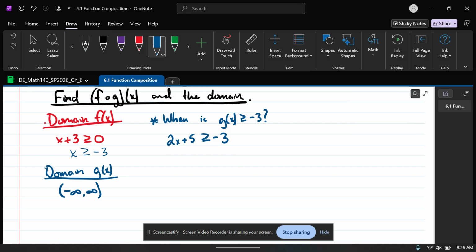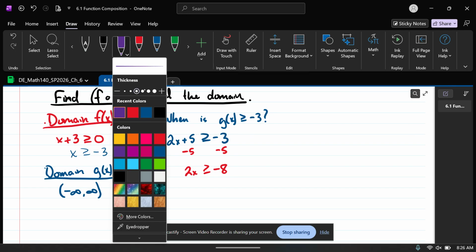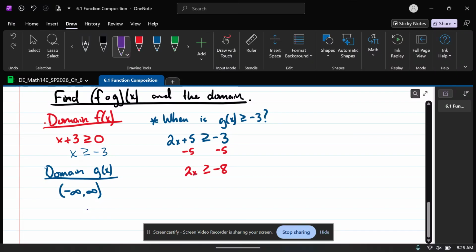That's going to solve it. That's going to tell me when is that function greater than or equal to -3. Subtract 5, 2x greater than or equal to -8, divide by 2, x has got to be greater than or equal to -4. Okay. Now I can write the domain